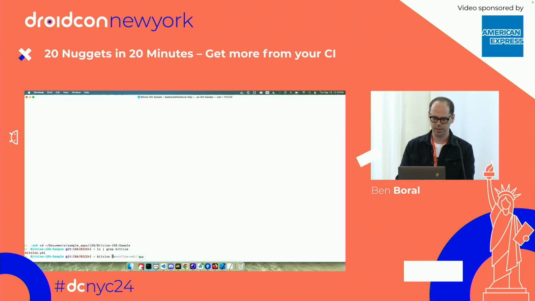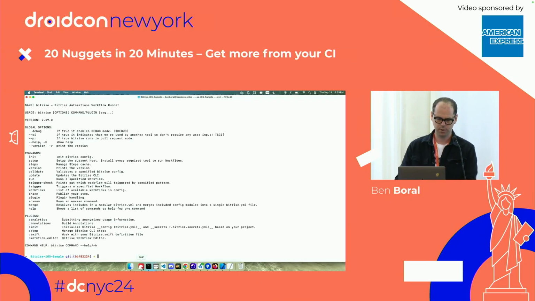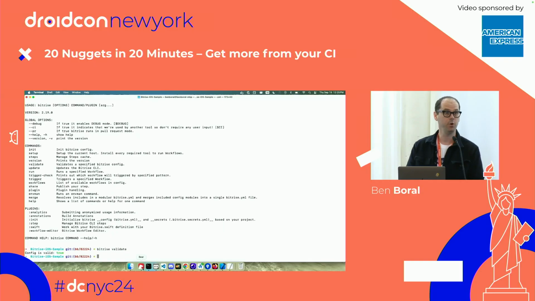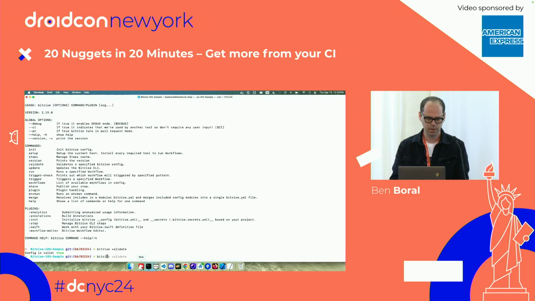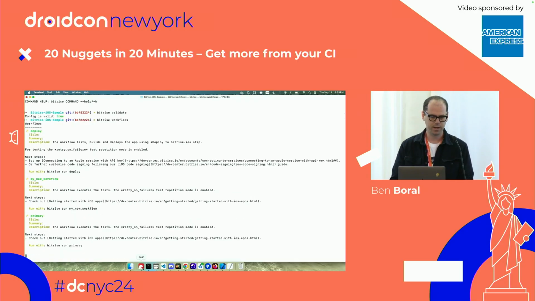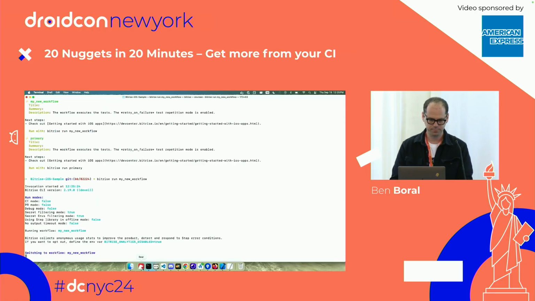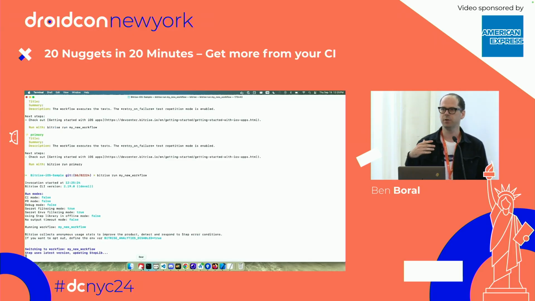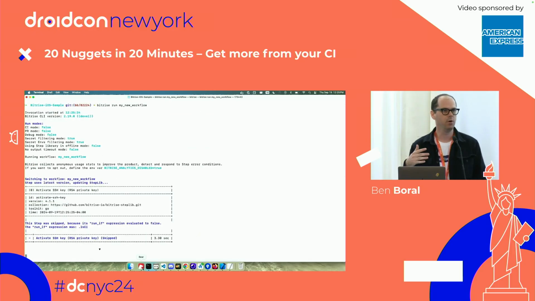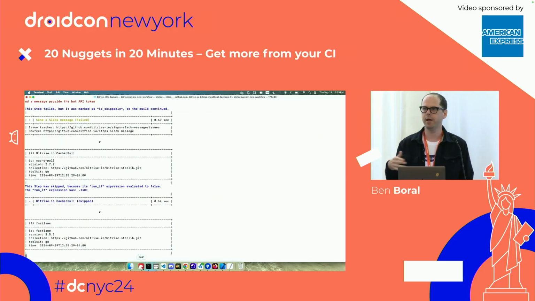So here I could say, okay, first I want to validate that my YAML is syntactically correct, and it is. Okay, so I want to see what workflows I have defined there. Oh, cool, I've got one called my new workflow. So then I can say Bitrise run my new workflow. And that's actually going to run the build locally, and I can just iterate on that much more